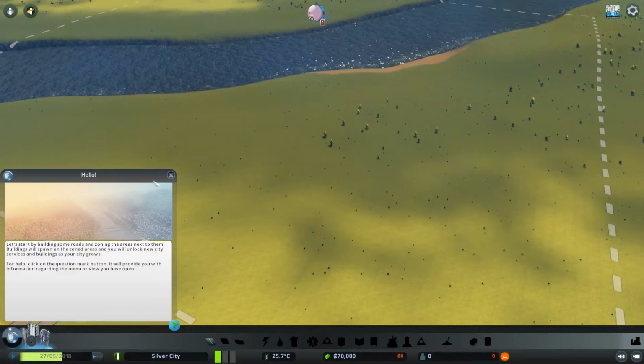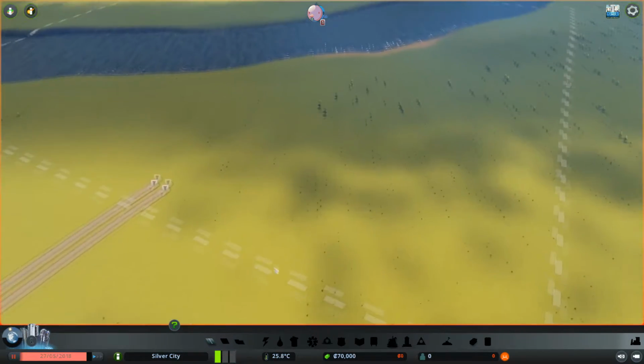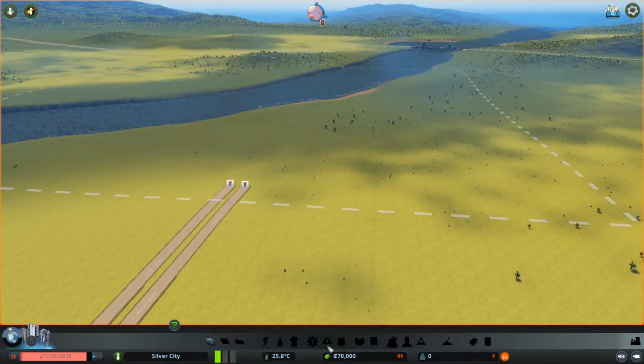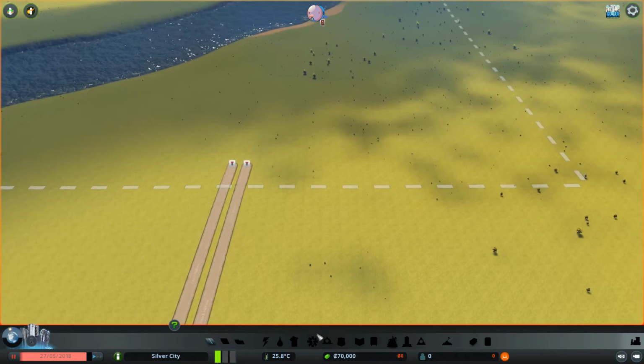Right guys, welcome to the map, and the first thing you want to do is pause. That's the top tip. The reason you want to pause is that you've only got 70,000 credits to start with. There's not that much in the way of cash, so you don't want to squander that, because the moment you build your first road,